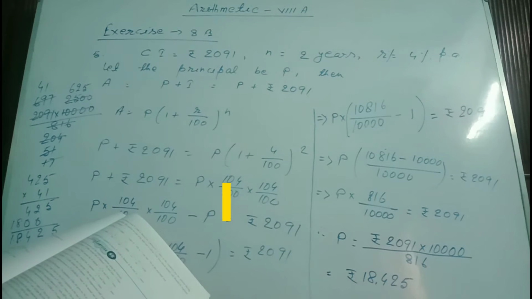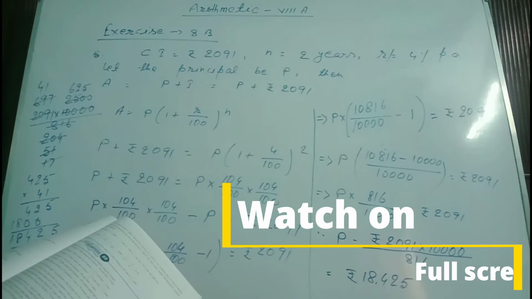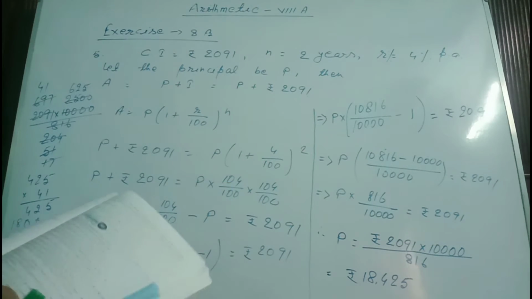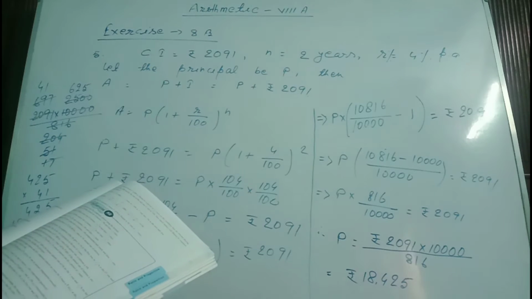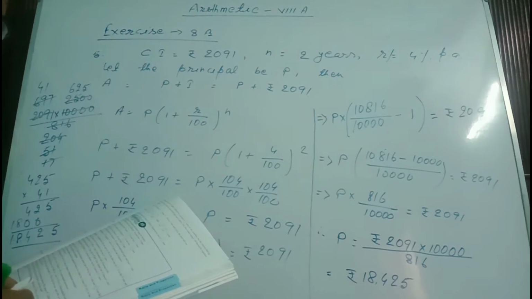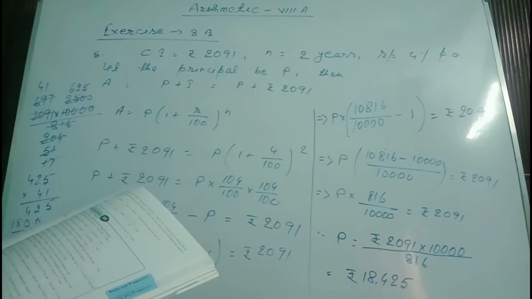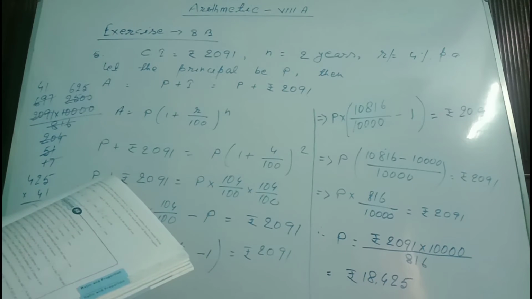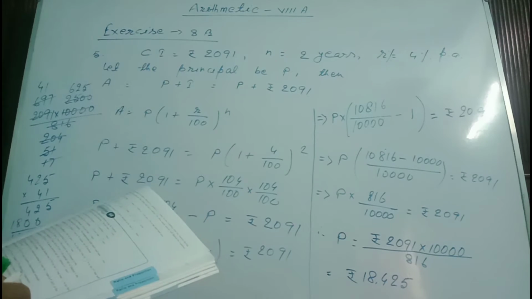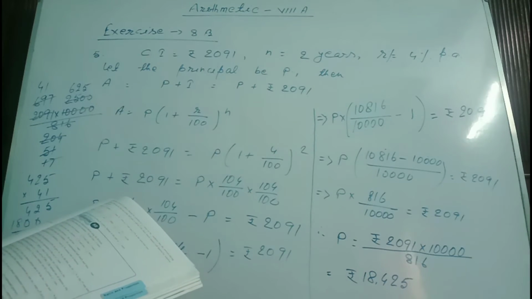Arithmetic exercise 8B, based on compound interest. Question number 5. Statement of this question: on what principal will the compound interest for 2 years be 2091 if the annual rate of interest is 4%? You had asked this question in live class, and